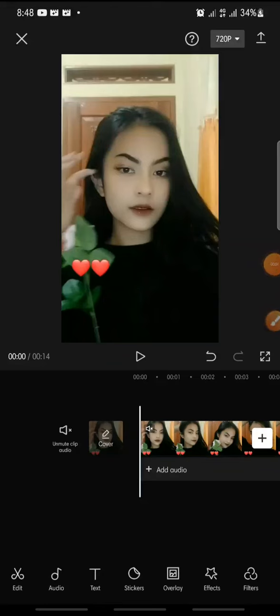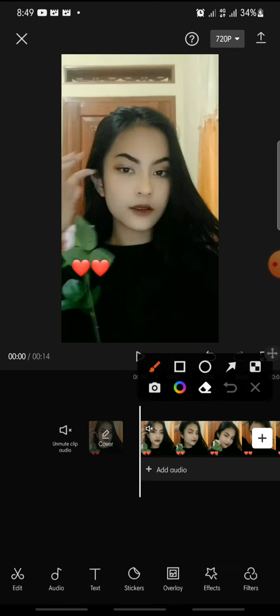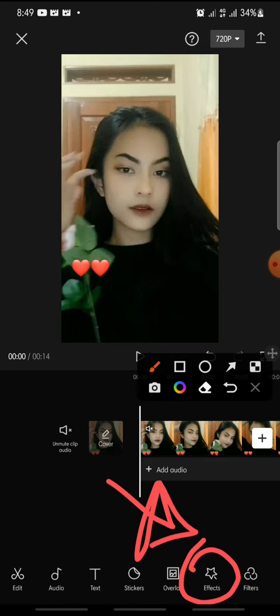In this video, I'm going to show you how to add dark side effect on CapCut apps. Now let's get started. First, open your CapCut and click a new project at the video that you want to